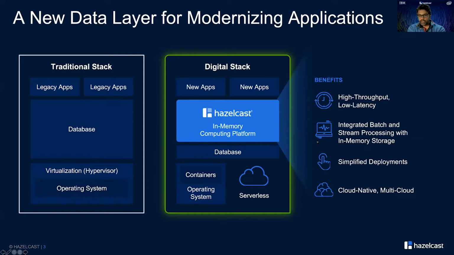We will see along the session today how easy it is to deploy Hazelcast. Just to give you a preview, the Hazelcast platform is basically one jar file, typically in the region of 20 to 25 megabytes depending upon what features you're using.